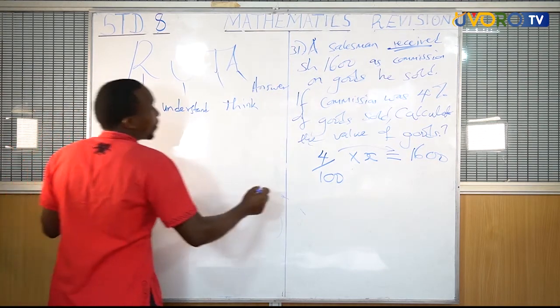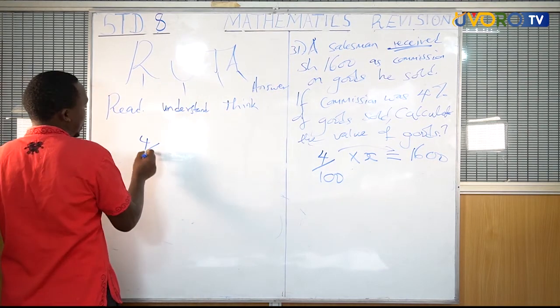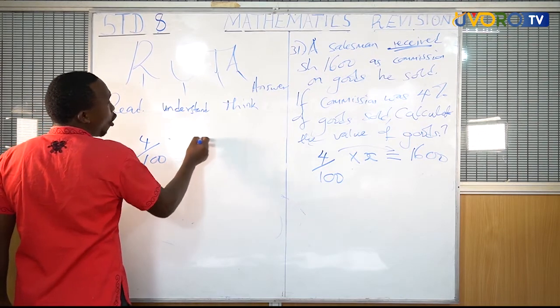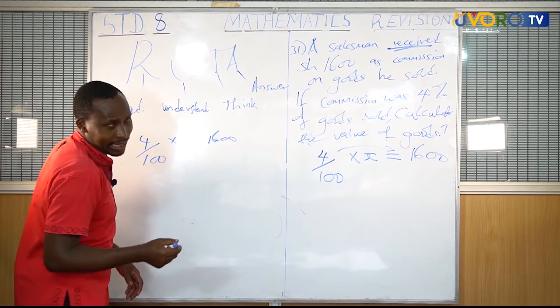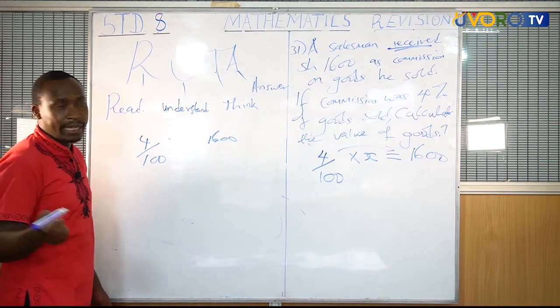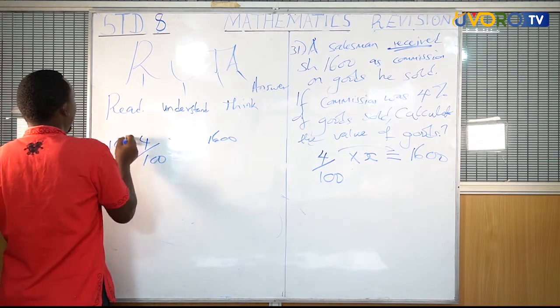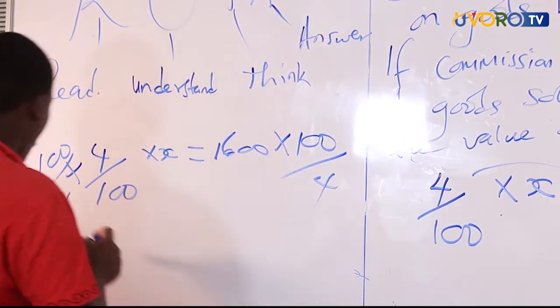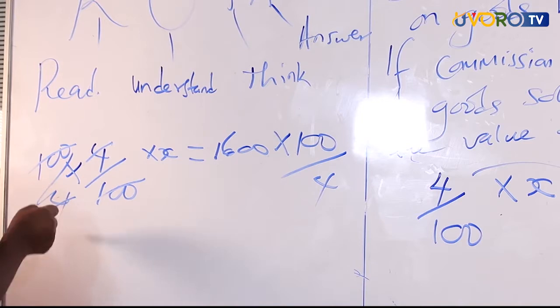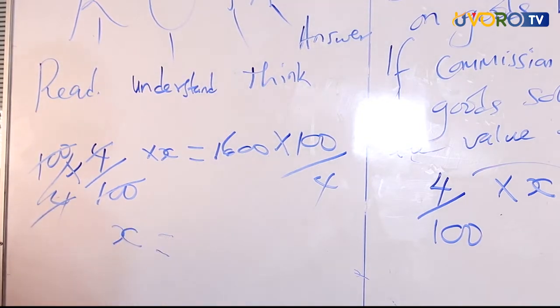So you multiply on both sides by the reciprocal of 4 over 100. The reciprocal of 4 over 100 is 100 over 4. This one goes, we are left with x equals